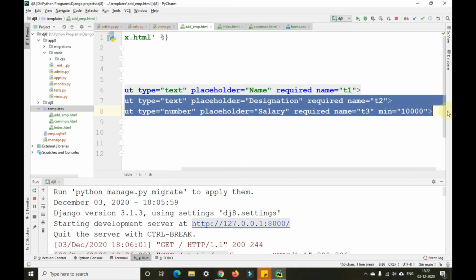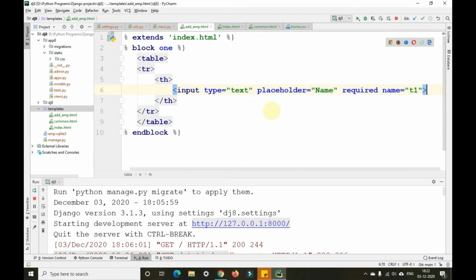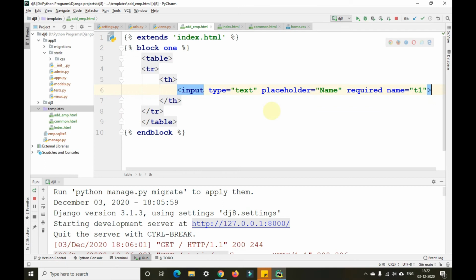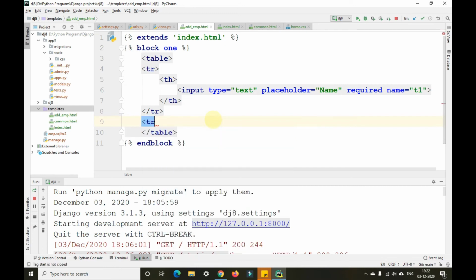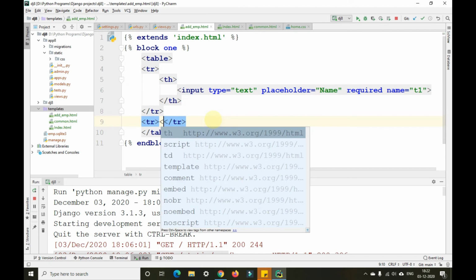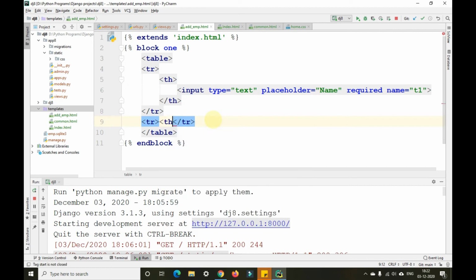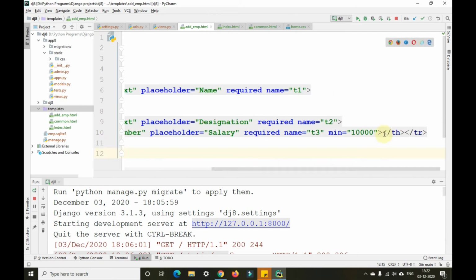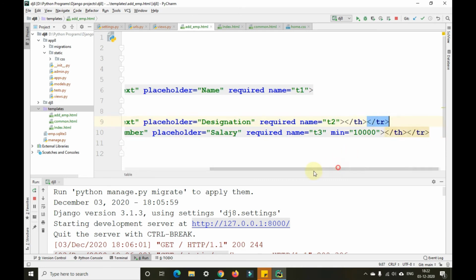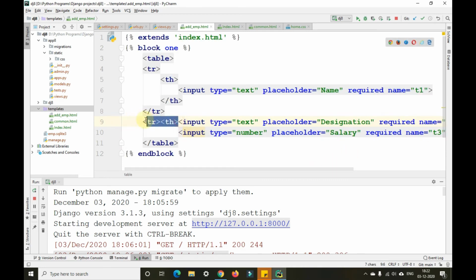I'll change this with Control X. I'll open another table row and table header. TR, TH. In this thing, I'll put this thing. Now I have to close this here and also open this thing again here.